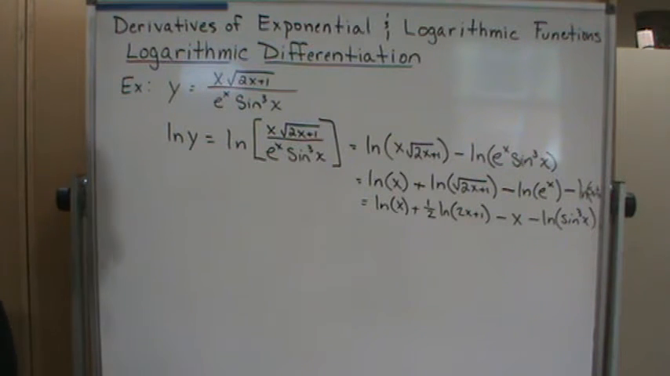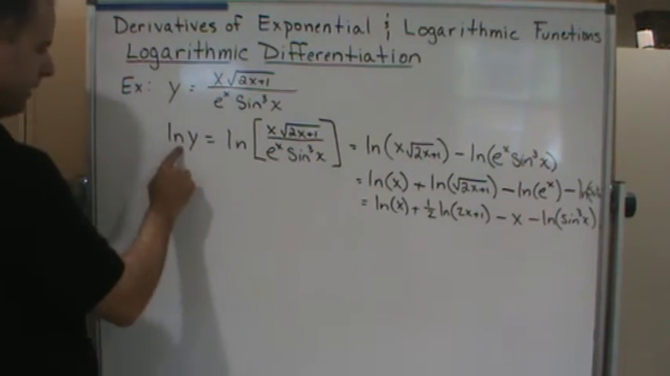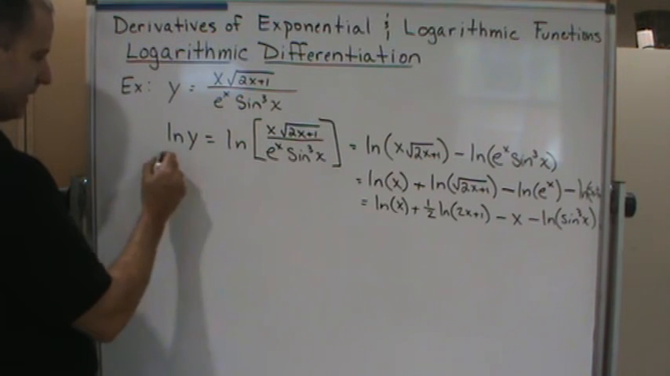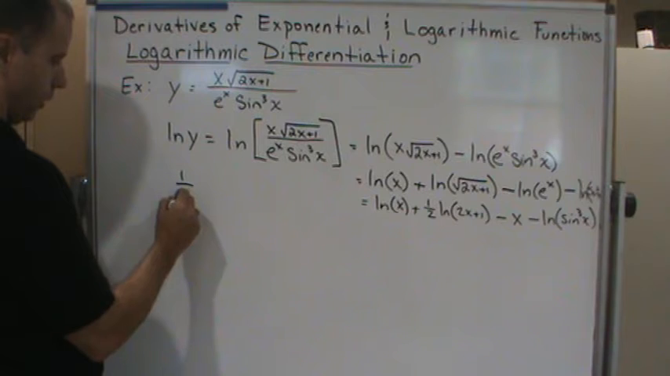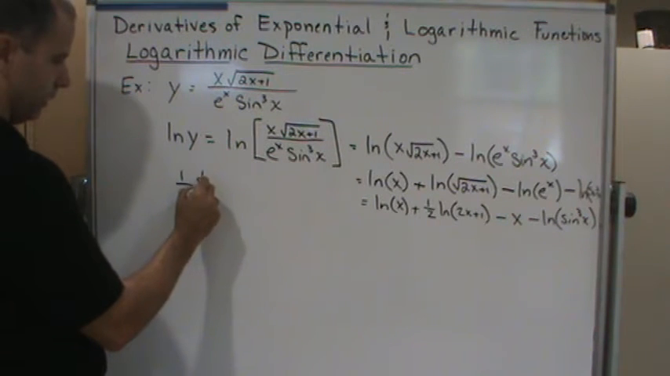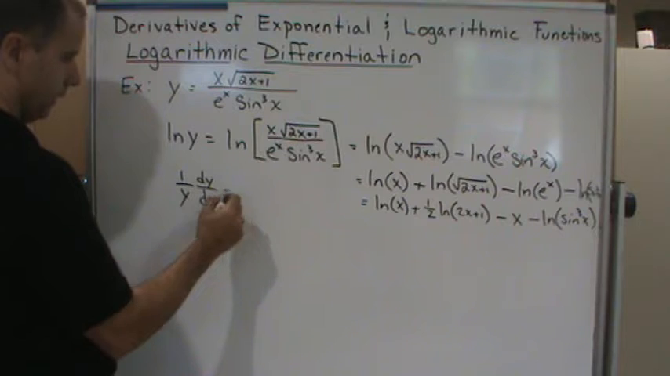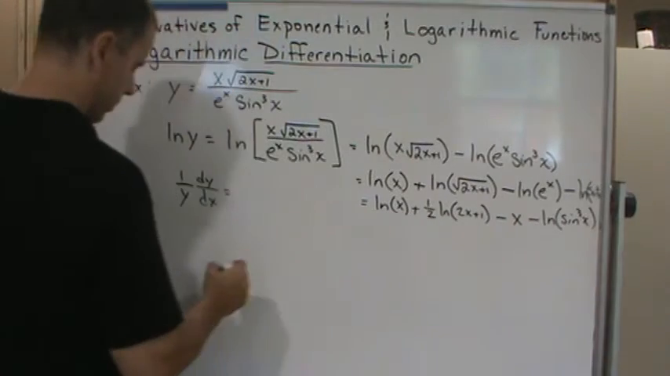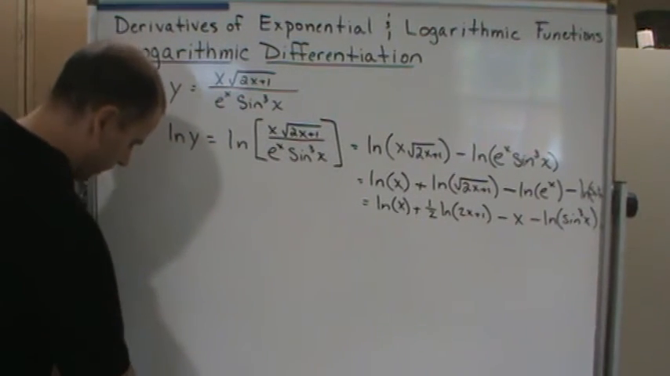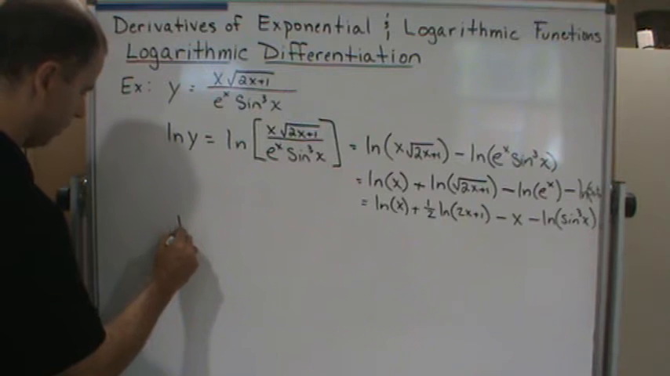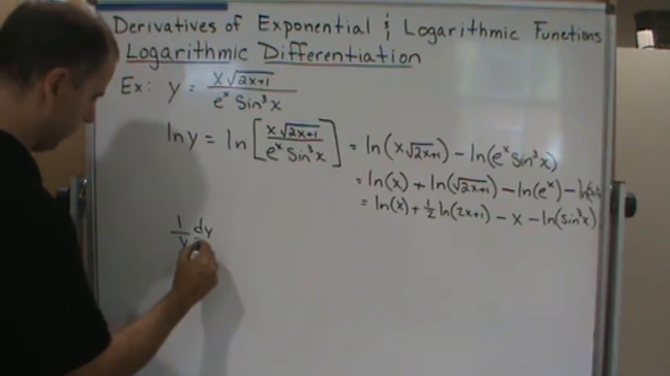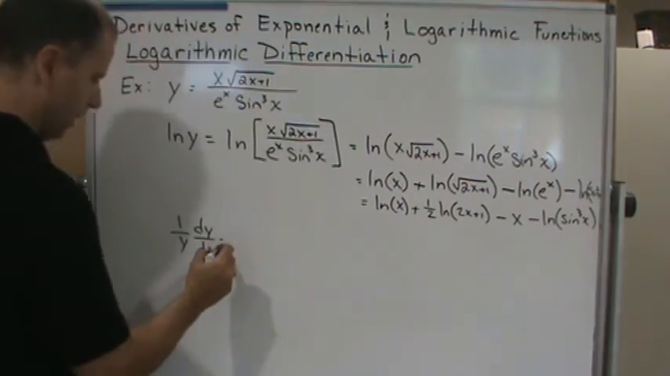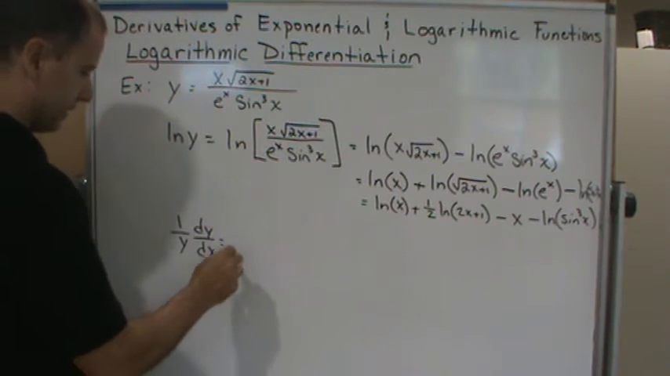So now what do we do? Well, the next step says differentiate both sides. So now I've got this is equal to this. So I'm going to differentiate both sides. The derivative of this side is going to give me 1 over y dy dx, which is equal to the derivative of this whole thing. So I'm going to do it term by term. The derivative of the natural log of x is 1 over x